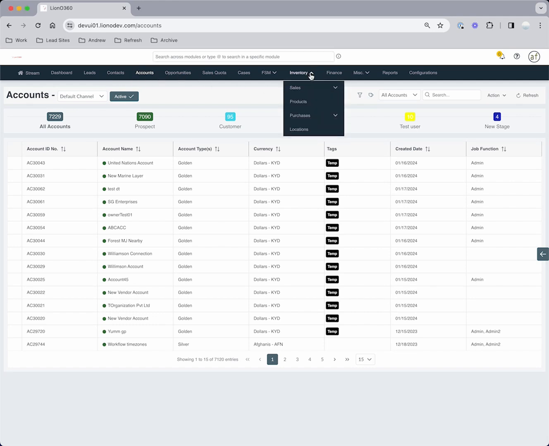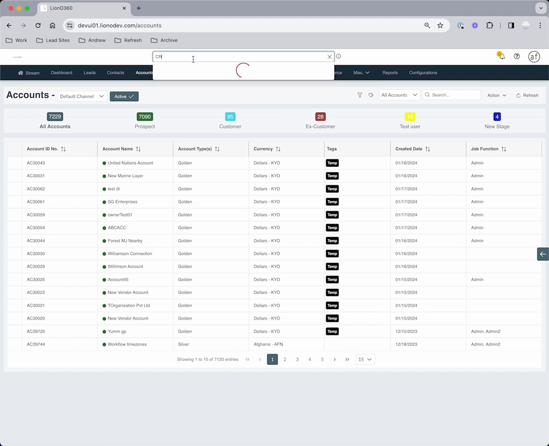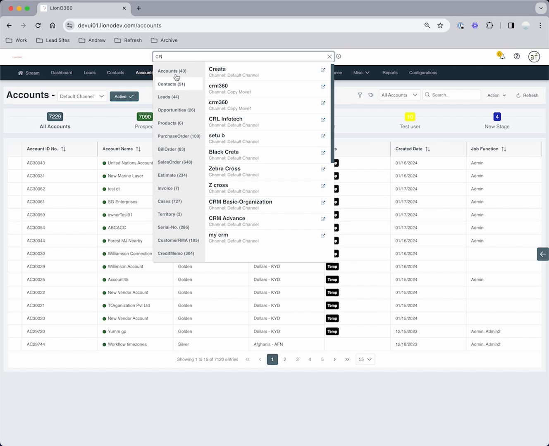even some of our inventory-related module data, things like sales and estimates and invoices. However, today, we have included customer returns and credit memos in this data set. So I've selected a search that I know includes quite a long list of data. And again, we can see all of the familiar data sets that we have had access to in the past, but